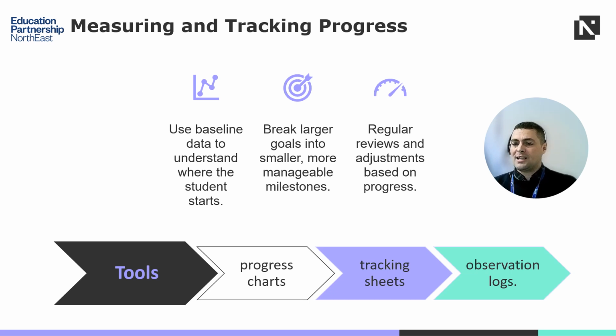So we can use baseline data to understand the starting point of that young person. So in terms of baseline data, like I've previously said, we can use the EHCP, which is a vital catalogue of history and information. We can also use pupil passports. So if you've got a young person that's transitioning from one provider into another, so let's say from secondary school into post-16, what the post-16 provider should be doing is asking the secondary school SENCO or any support staff